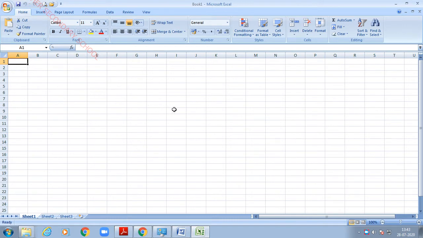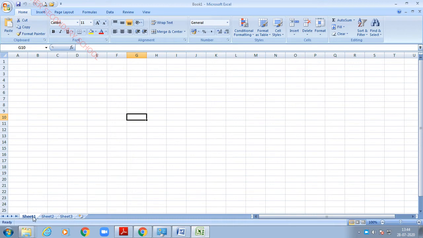If you place the cursor here, this name box shows this address. Now I am in the I9 position. If I place the cursor here, now I am in the C7 position. So this name box is used to show the location of the cell. And this formula bar is used to display the formulas on the screen. So this is called what? Active cell. It will look bold compared to other cells. Actually this is not a box, it is called a cell because a cell is the intersection of rows and columns. Next, at the bottom of the screen we'll have the Sheet 1, Sheet 2, Sheet 3 options.